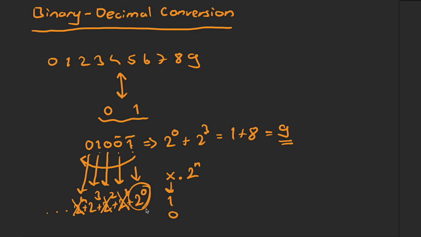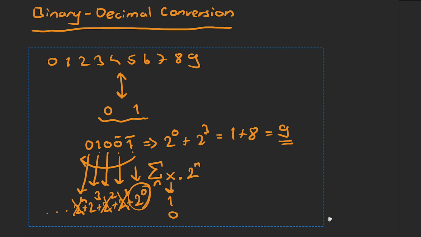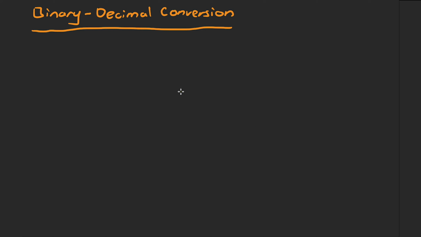This gives us the decimal value, and the sum of these values gives us the whole decimal value. It's relatively simple. What is a little tough to do is converting from